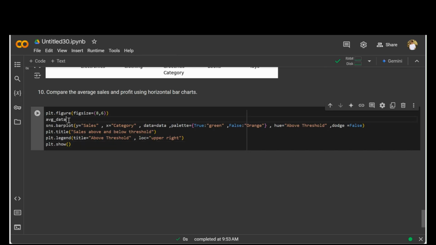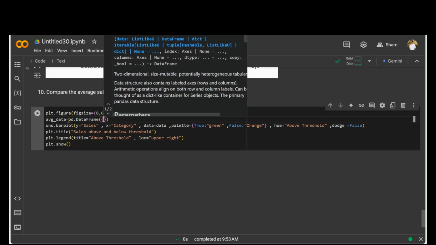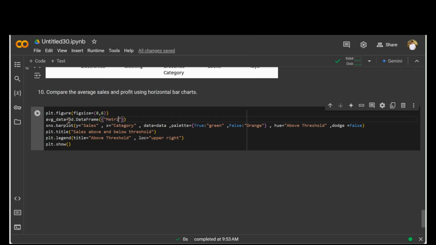Let's say avg_data is equal to pd.DataFrame, and inside this metric should be average sales, average profit,